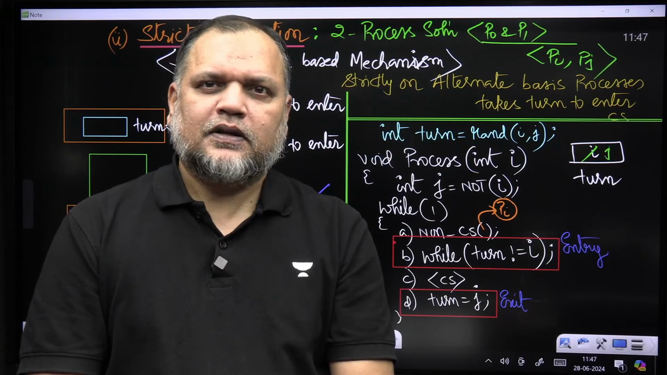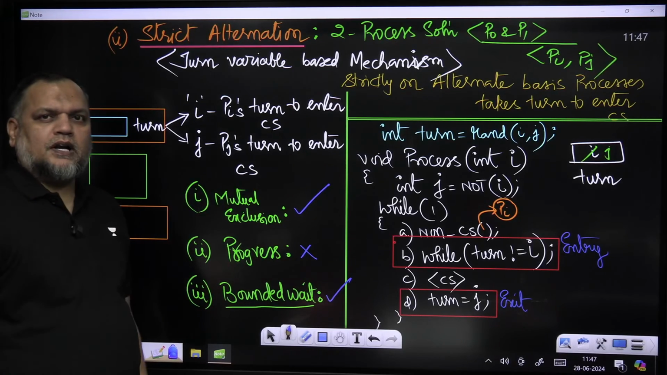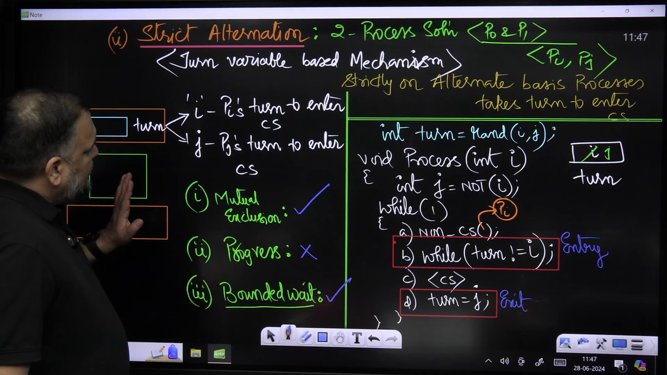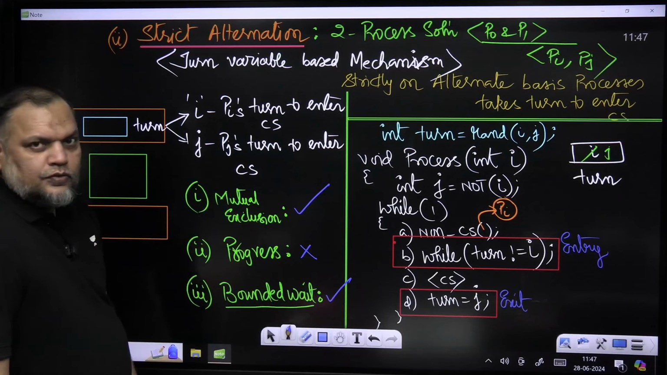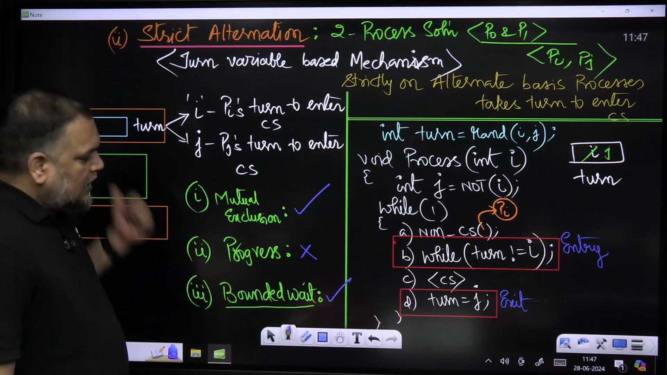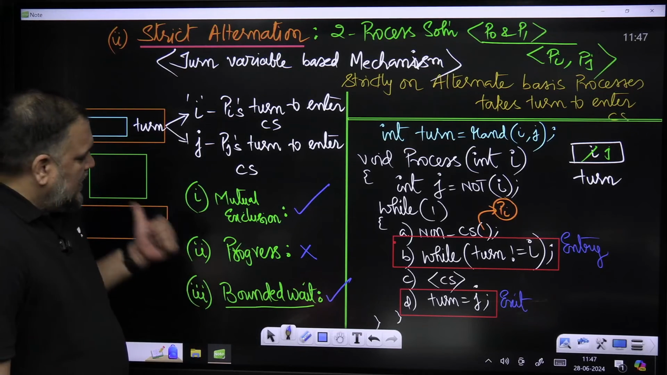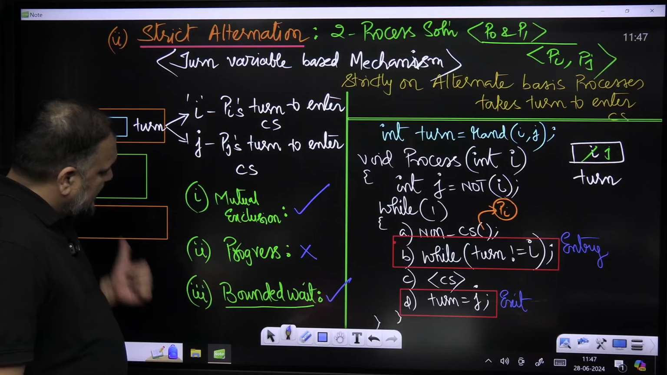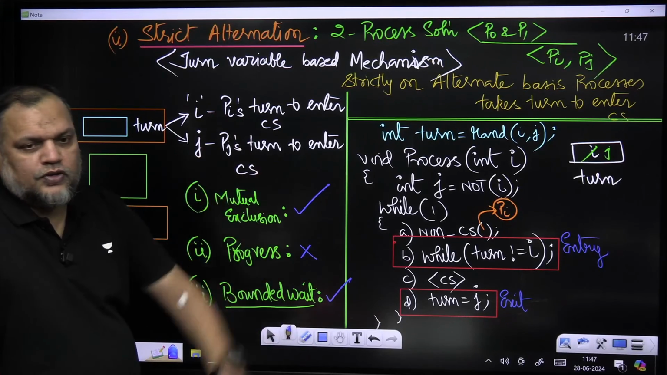सर मैं समझा नहीं कुछ बात, समझिएगा। लॉक वेरिएबल को अगर आप कंपेयर करो स्ट्रिक्ट ऑल्टरनेशन से, पॉइंट नंबर 1, lock variable does not guarantee mutual exclusion, strict alternation guarantees mutual exclusion. Lock variable guarantees progress, strict alternation does not guarantee progress. Lock variable does not guarantee bounded wait, strict alternation guarantees bounded wait. दोनों इस लिहाज से ऑपोजिट है।